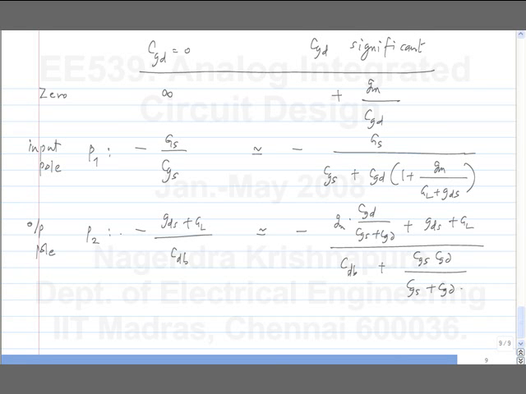So which way have the poles moved? P1, it's very obvious from these expressions that it has moved to lower frequencies. The numerator is the same, the denominator has increased. And because of GM, the denominator could have increased significantly, because of GM by GDS, the DC gain, and CGD. So P1 moves to lower frequencies, and P2 moves to